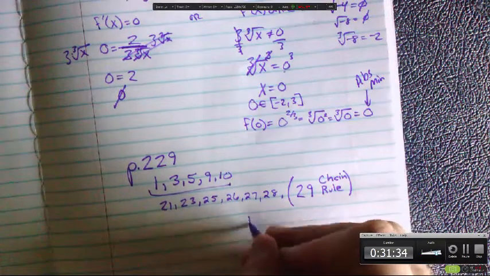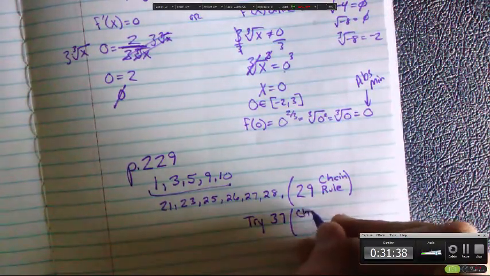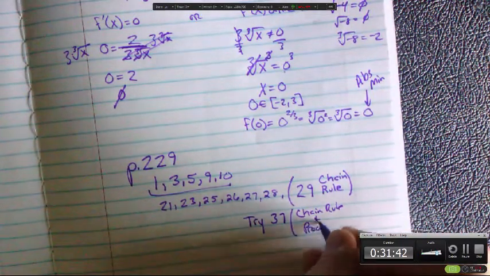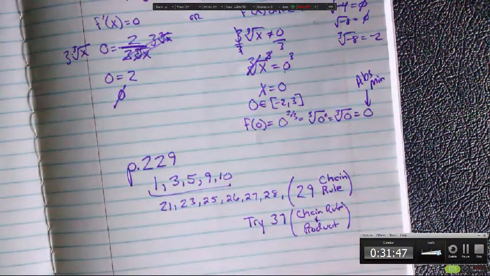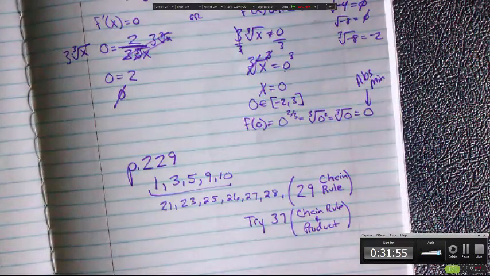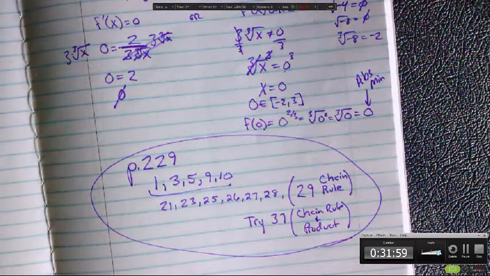And then I'd like for you to try 37. It involves the chain rule and the product rule. We've done problems like 29 and 37 in terms of doing the chain rule, but it's not as basic as these other ones that I have listed. So this is the assignment to be done tomorrow in class. And then, like I said,